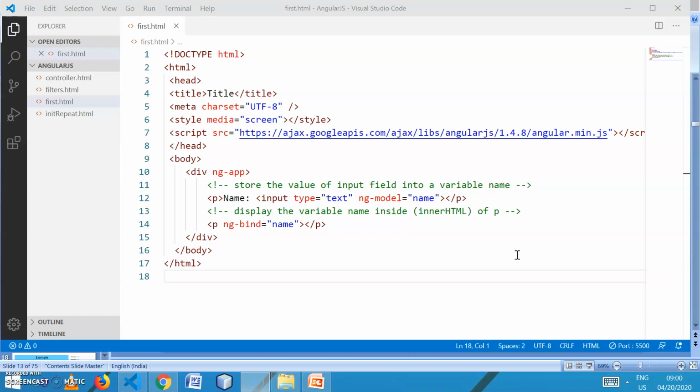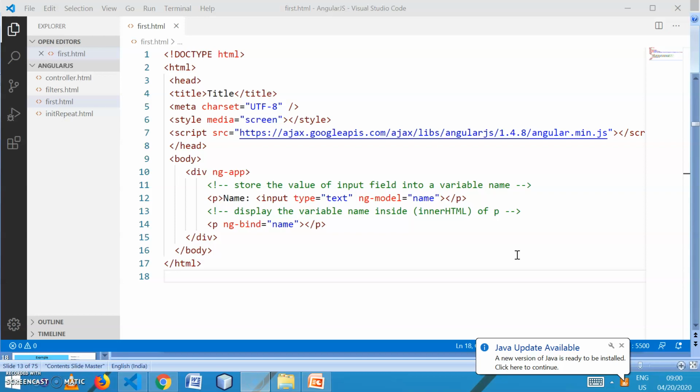In the last session, we understood what a framework is and the benefits of using a framework. Then we also learned two architectures, Model 1 architecture for web development and Model 2 architecture. We learned the benefits of Model 2, which is an MVC architecture, over Model 1. In this session, we will check out some programs and the next features of AngularJS.